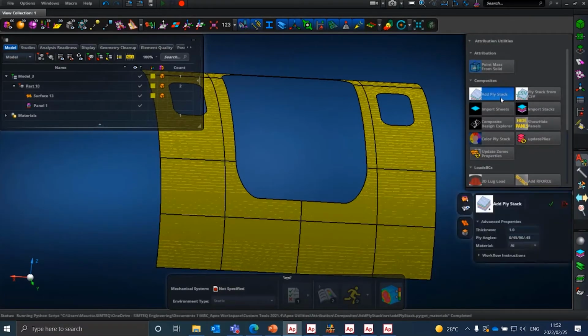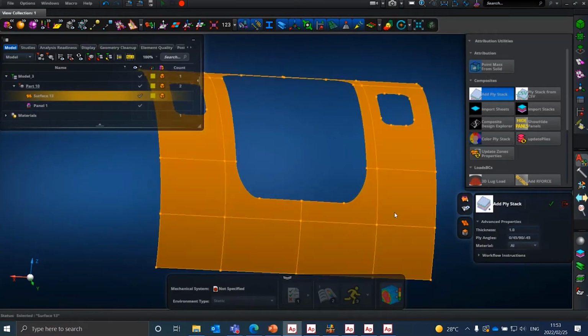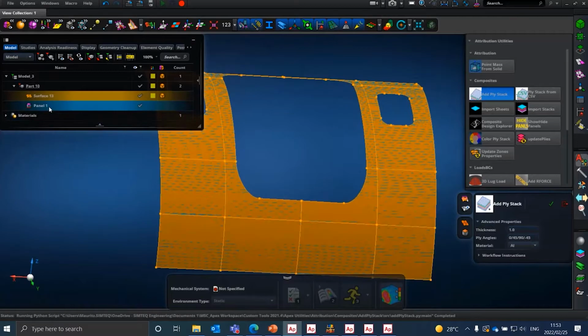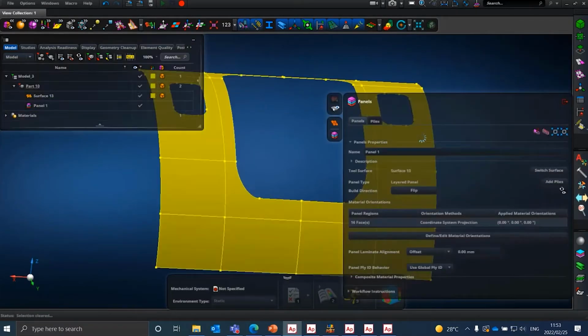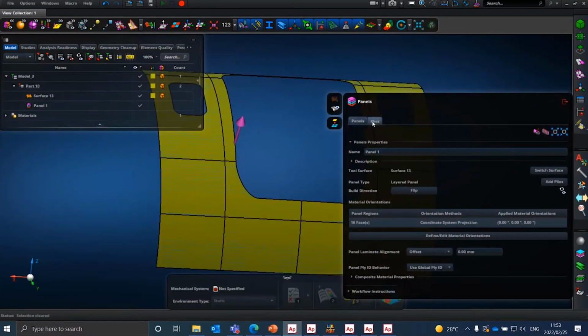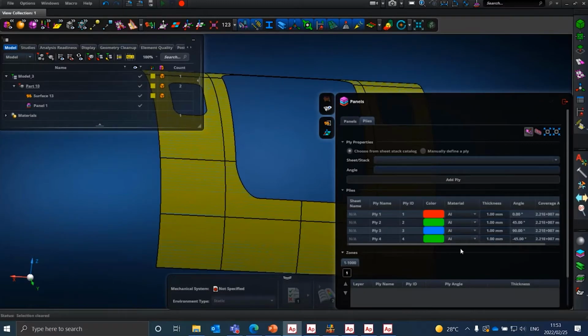So if I say I want to apply, I can just say, okay, I've already specified my thickness and my material and my orientations. And then I can click the specific section where I want to apply this Ply Stack, and I can apply it. And now if we go into this panel, you can see that all of my